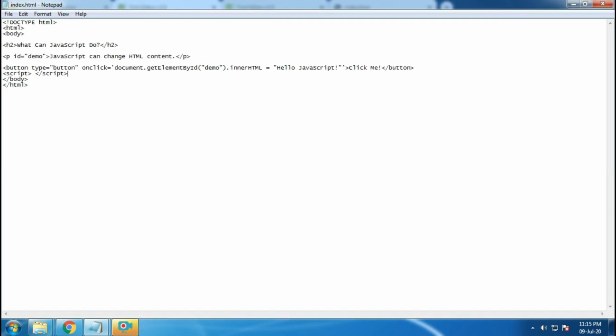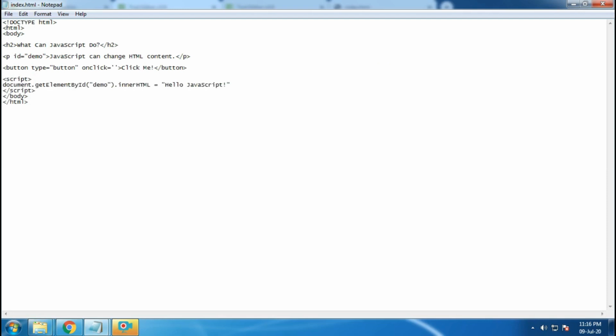I am just copying this JavaScript code from here, cutting it and pasting it in my script tag. This is simple, right? You just created one script tag, you copied that JavaScript code from there, and you pasted it here, and now this script tag is currently in body.